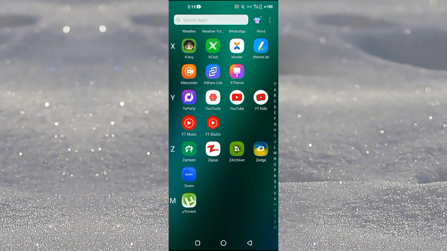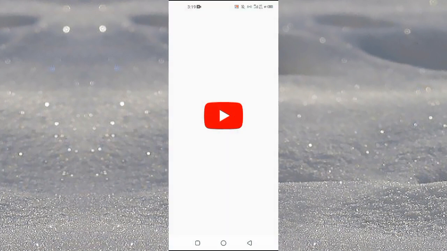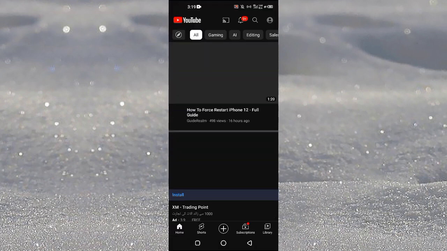So in order to create a YouTube playlist, you first of all have to open up the YouTube app on your Android or iOS device and make sure that your YouTube application is up to date. You can go to the Google Play Store or Apple App Store to update your YouTube application. And after you have updated your YouTube application, you will just open up the YouTube app here, and then you